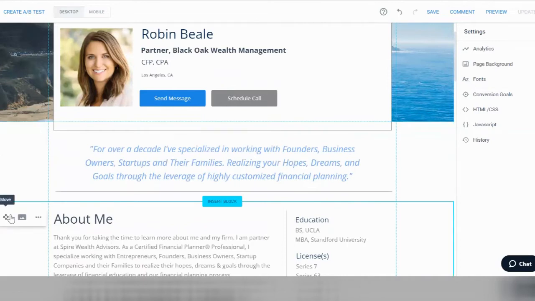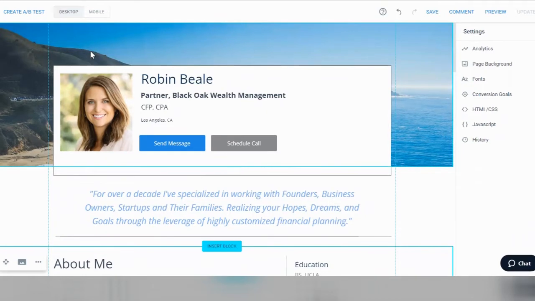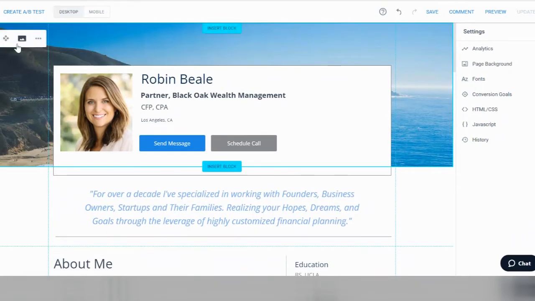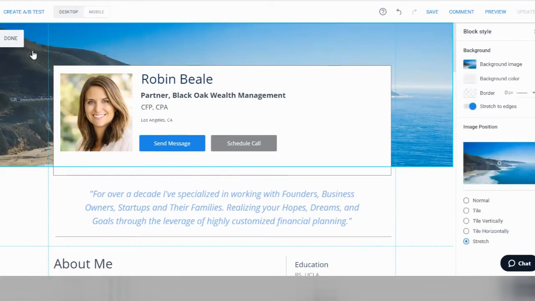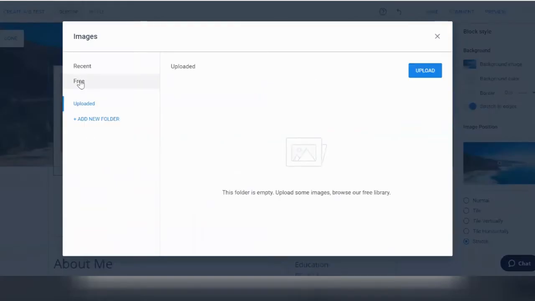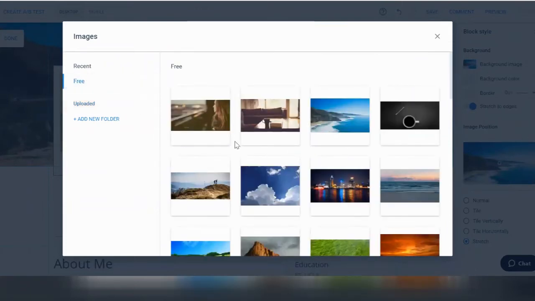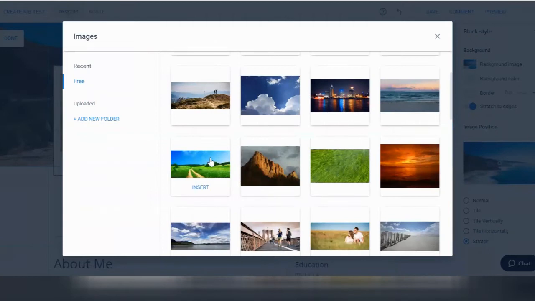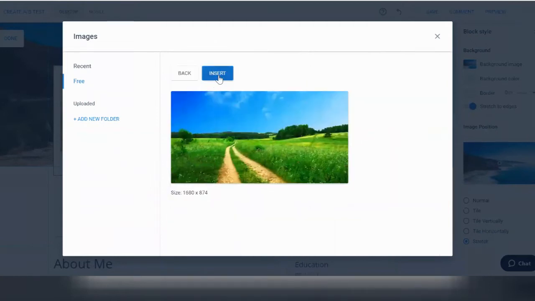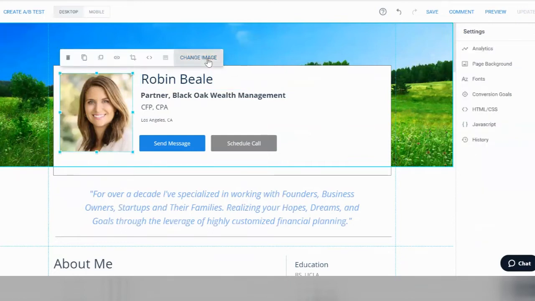So the first thing is to change the cover photo. So if you highlight it, you can choose the option to change the photo here on the right-hand side. Many people like to use their office photo or any other cover photo. There are a bunch of free options here, so I'll just go with this for now. And so you can make changes throughout where you just highlight the picture and put in your own picture. You can highlight the text and put in your own name, and any other details as you go through it. It's really easy. Just basically double click and change the content so it's unique to you and specific to your